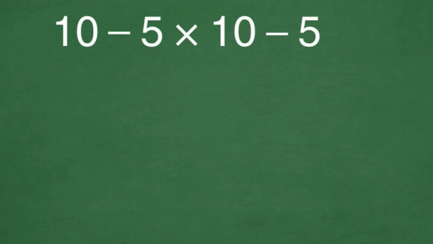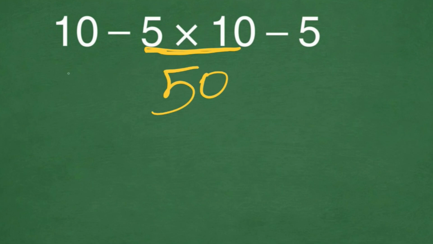Here we have one subtraction, one multiplication, and one subtraction problem. So we have to solve the multiplication before everything else, right, in this problem, because multiplication has the higher priority in this expression. So 5 times 10 gives us 50, and 10 minus 50 minus 5 is going to be